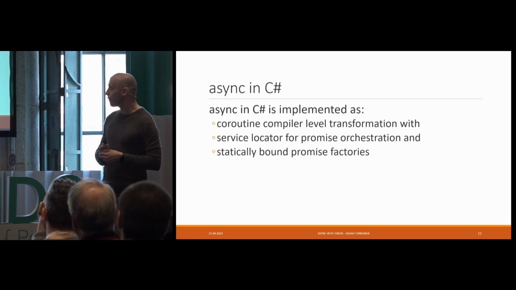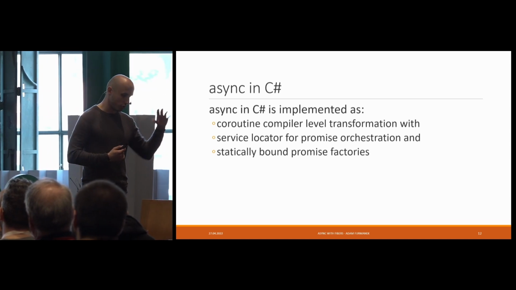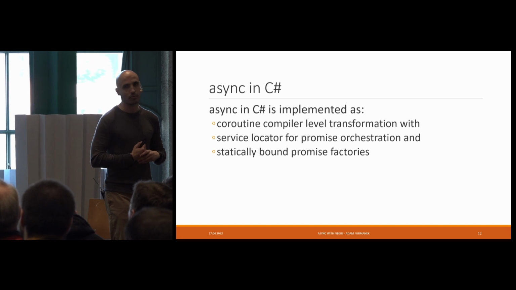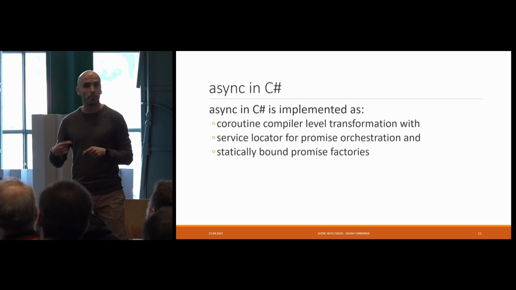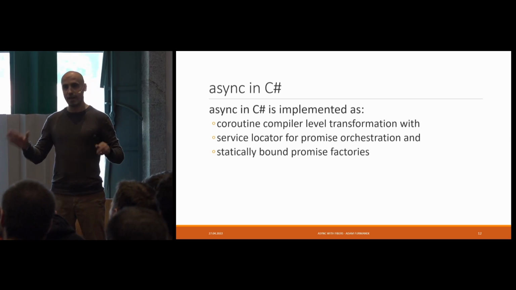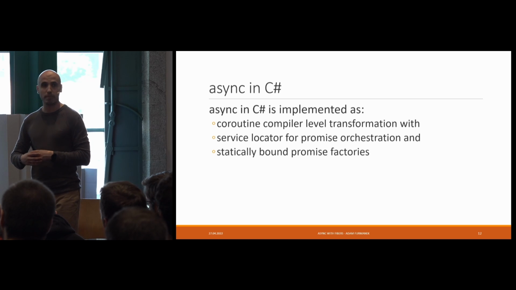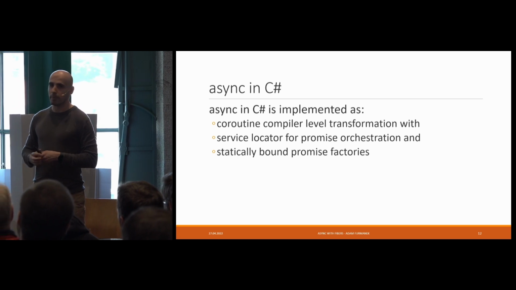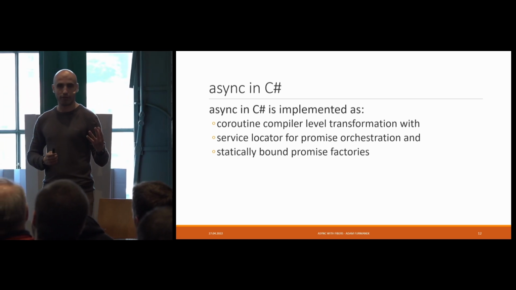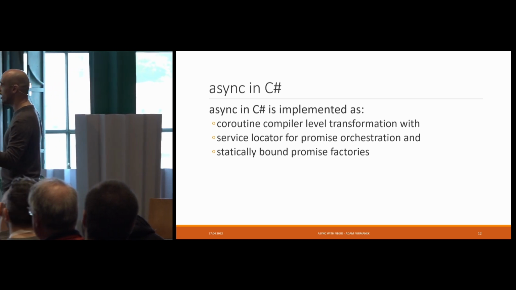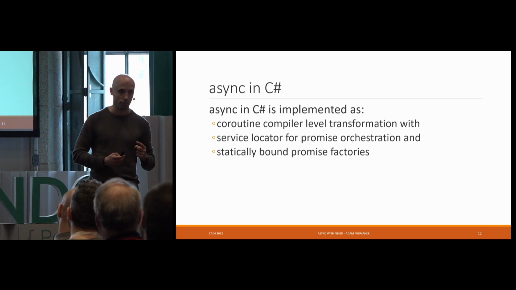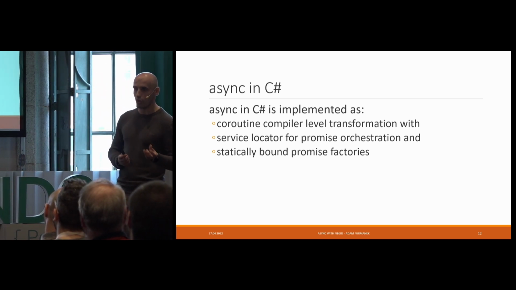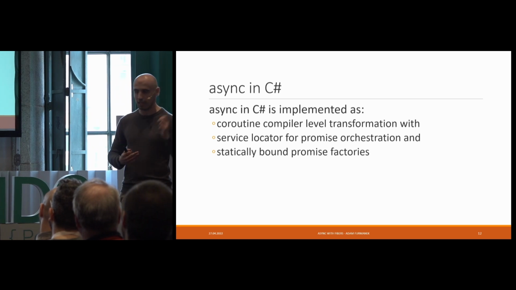And in order to get all of that, we need to go through those three big deals of async and await in C#. So the first big deal is that async in C# is implemented as a coroutine compiler-level transformation. That's a very magical term, which we'll see later on, but which tells us that whenever you write a method marked as async, the compiler steps in and rewrites this method into a state machine. So we'll get to that a little later. Also, a similar thing was happening with the yield keyword. The compiler was basically restructuring all your methods to provide this coroutine-like experience.